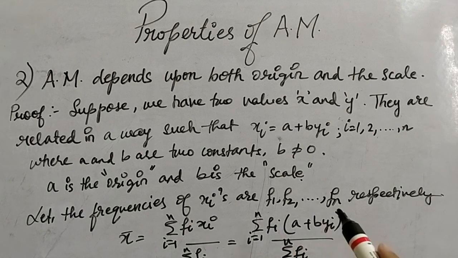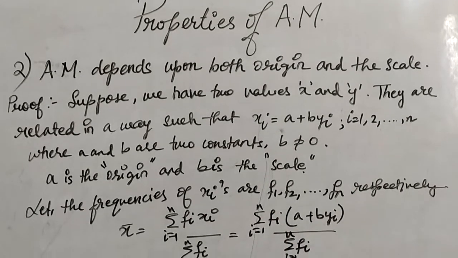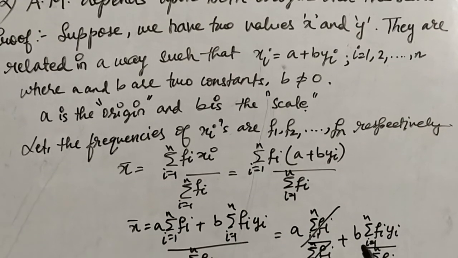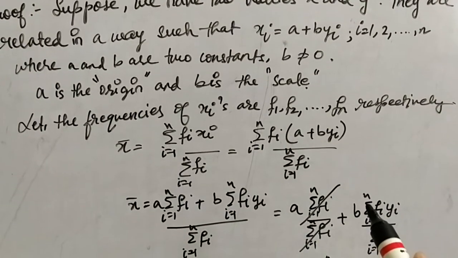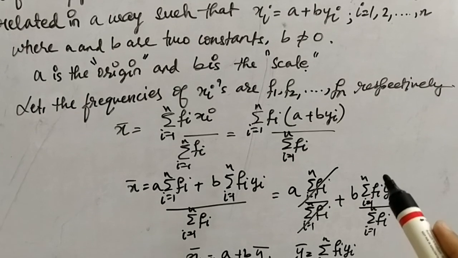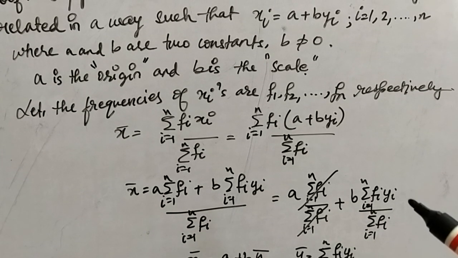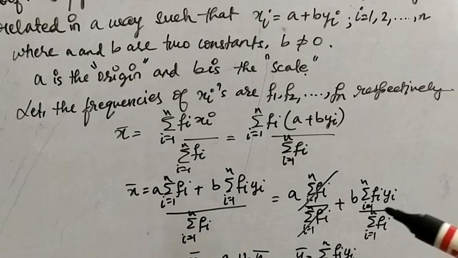Now we have taken the frequencies of the values, and you might have this doubt: why have we taken frequencies, why not without frequencies? Here is the thing: whenever we take frequencies, the method becomes easier. So it's totally up to you whether you take frequencies or not, but I would say please do take frequencies because it will make your steps easy.